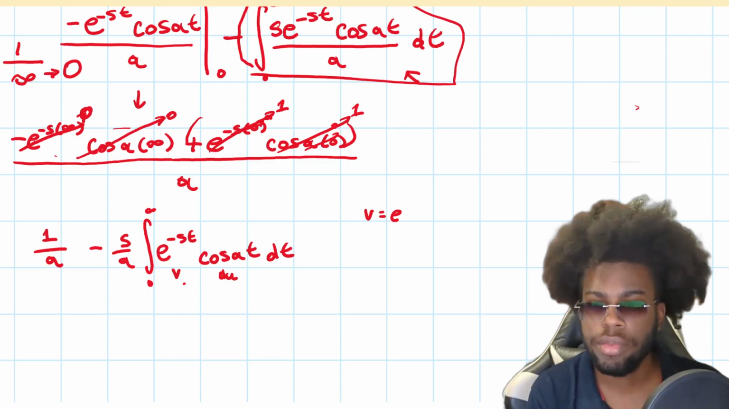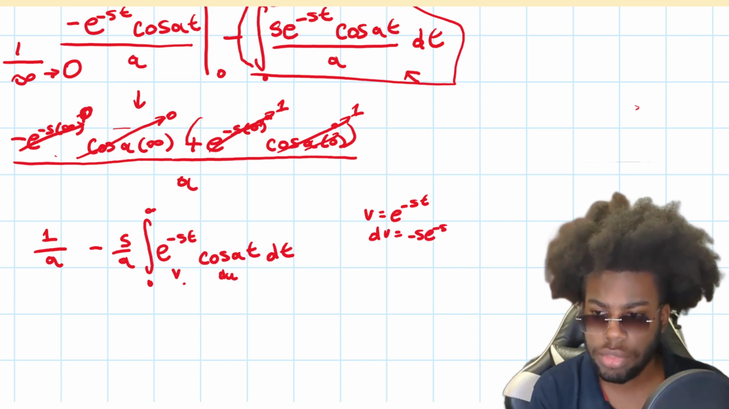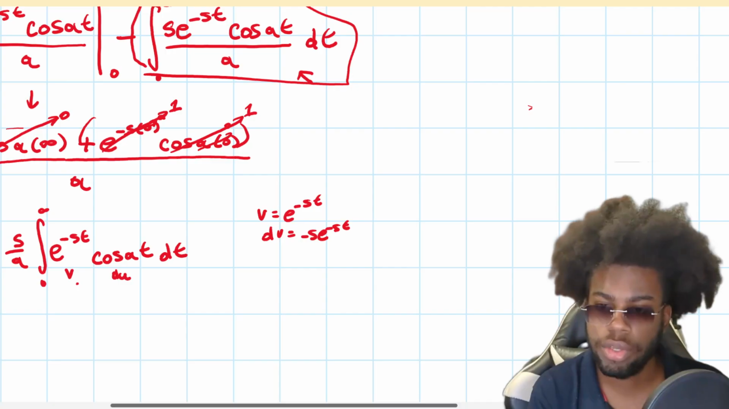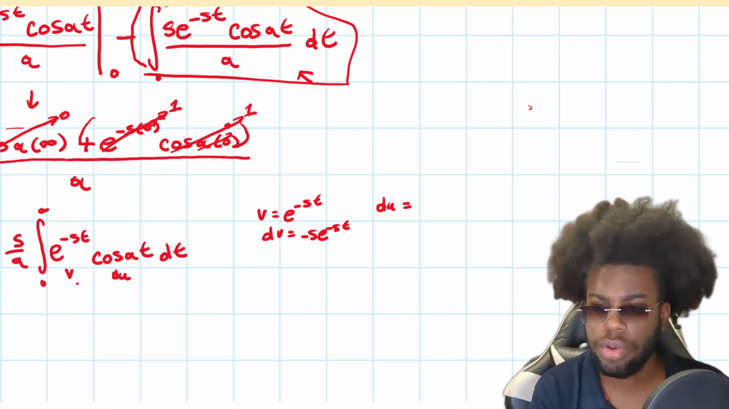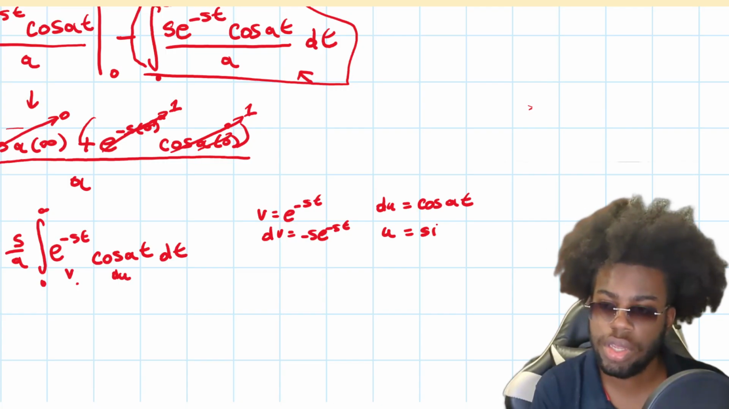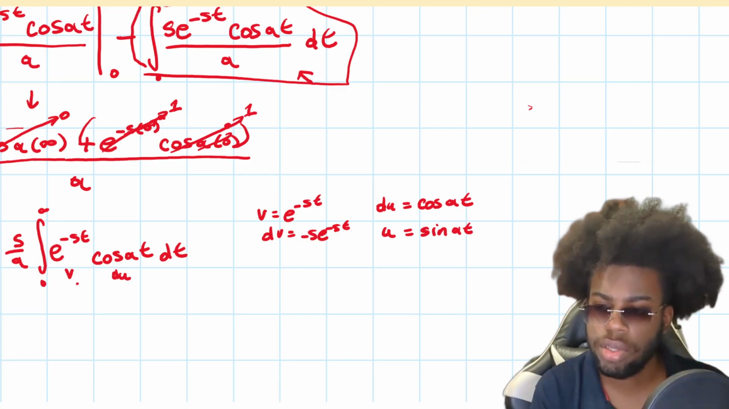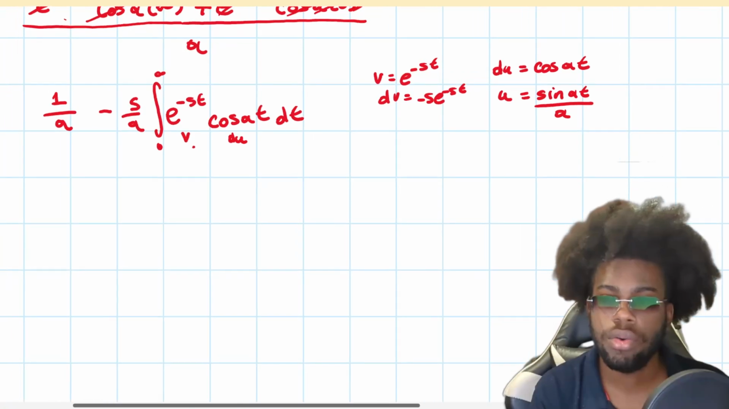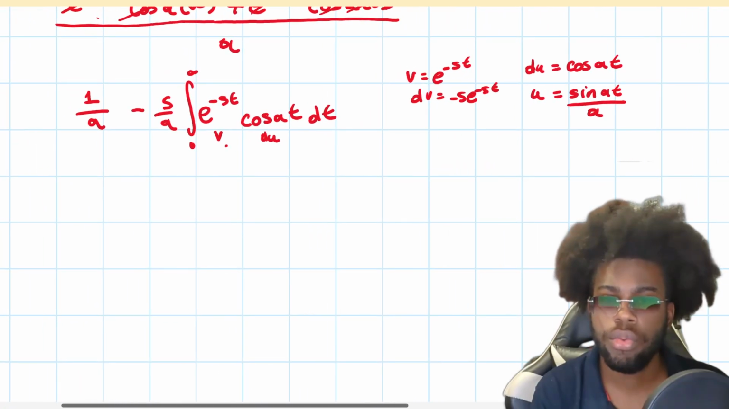So v being e to the minus st, dv will be minus s e to the minus st. Let's move that off screen just for a little bit. And with du being equal to cos at, then we know that u is going to be equal to sine at over a. All right. Now, putting this all back, we now get